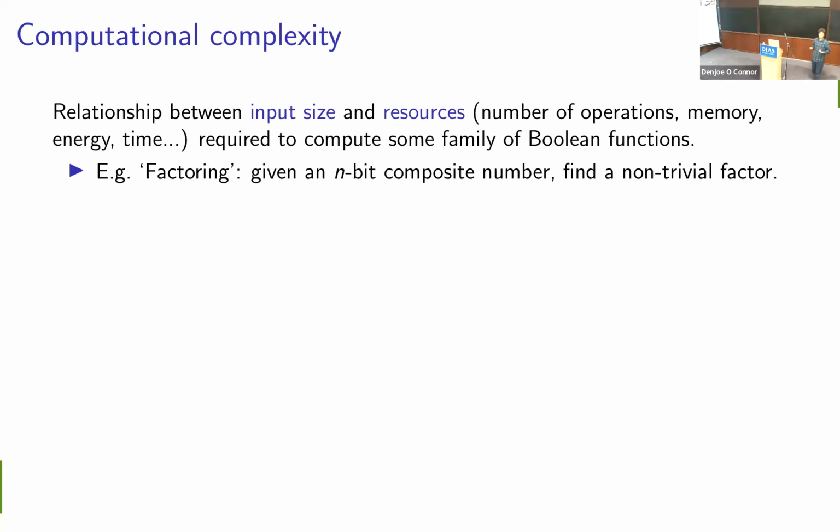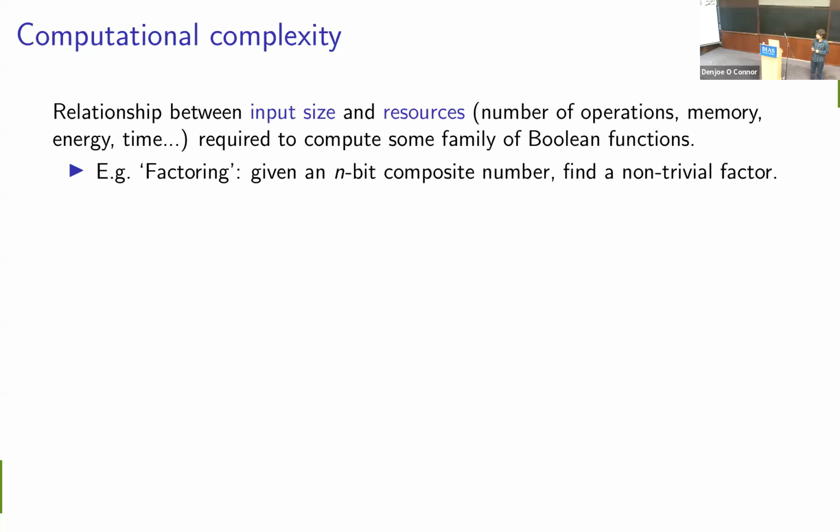And indeed, computational complexity is a really important topic in theoretical computer science. So we're talking about the relationship between the size of the input to our problem and the resources that we need to do the computation. For example, for the factoring problem, we're given a composite number which is stored in n bits. So n is the size of our input. And then the task is to find a non-trivial factor of this number. And the question is, how many operations do we need to do that, depending on the size of the input? Because, of course, in general, if the input is shorter, then the problem is probably going to be simpler, and so we need fewer operations.